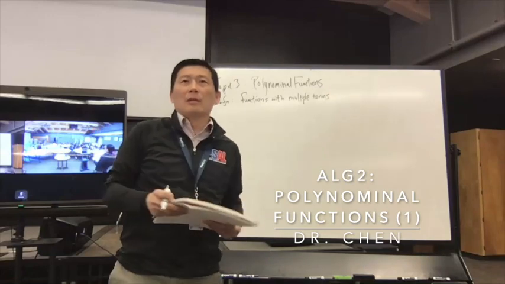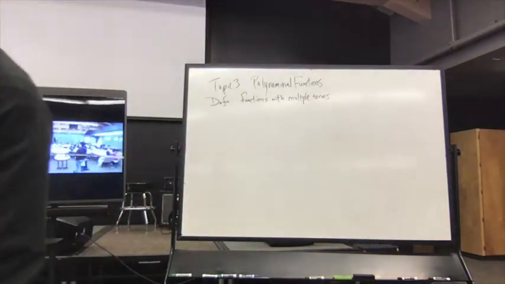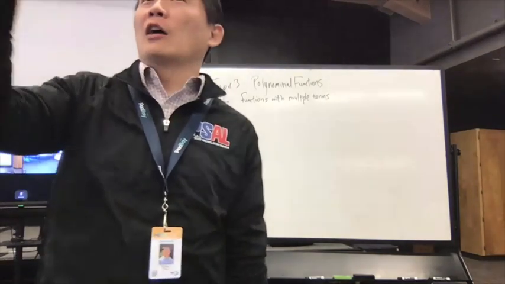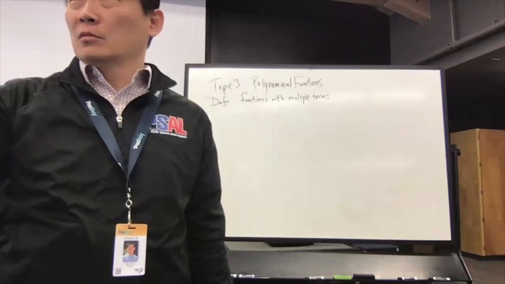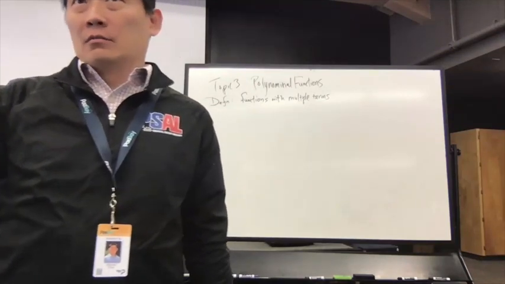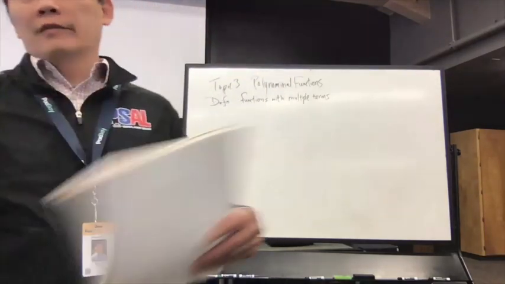Very, very simple. Polynomial is just functions with multiple terms. So if you had two terms, a function that has two terms, we call that binomial. Bi means two, poly means multiple. So they all fit into the same